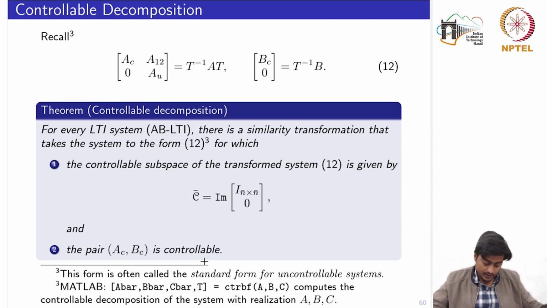Okay, so next we'll see the proof of this one, that how the rank of this controllability matrix, or let's say the dimension of this subspace, is equal to n bar. Okay,